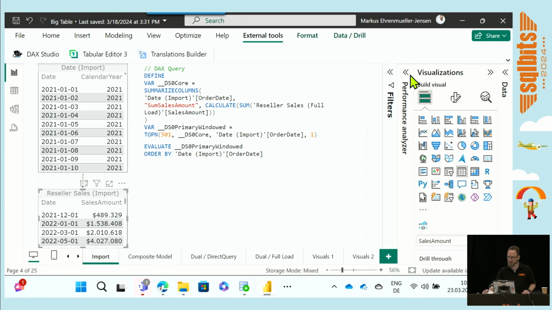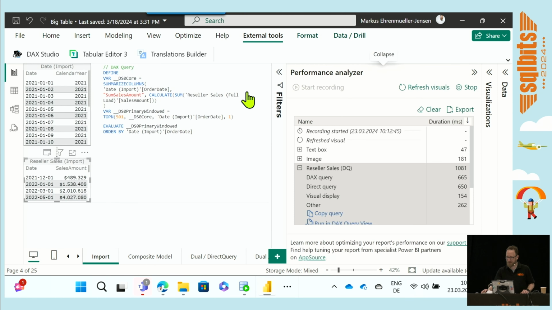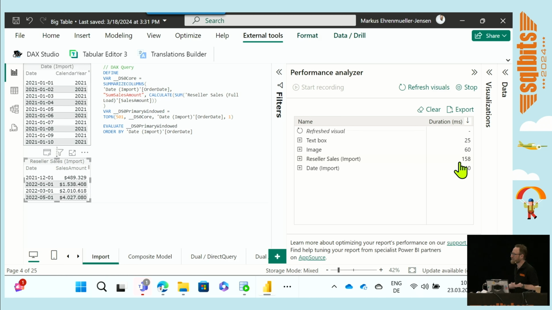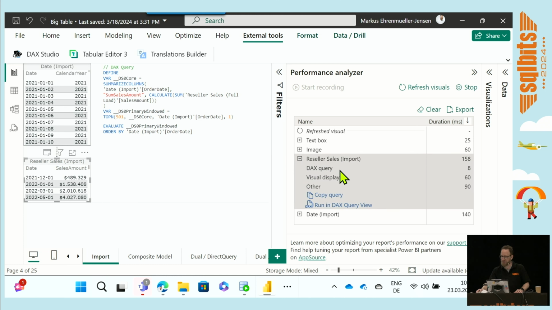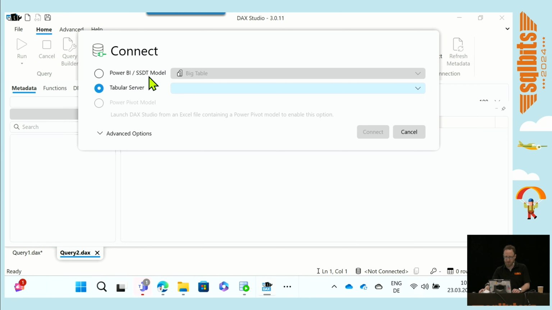If we run the Performance Analyzer here, again, you don't have to trust me that this is right. I refresh the visuals. This is much faster, right? Before it was like 1,000 milliseconds. Now it's under 200 milliseconds. Maybe the end users will not care because everything under 1 second, nobody cares. It's fast, right? But what we can see here is that only a DAX query is evaluated, and there's no direct query. And if I copy this again to my beloved DAX Studio,